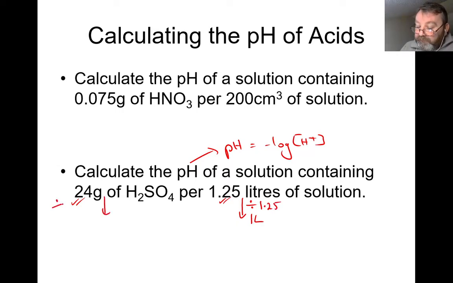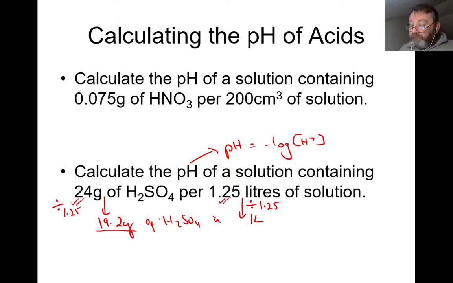Let's divide this by 1.25. So 24 divided by 1.25 comes out as 19.2. So there's 19.2 grams of H2SO4 in 1 litre. Okay, but I don't want grams per litre. I need moles per litre. So you're now going to divide 19.2 by the mass of H2SO4, which is 2 plus 32 plus 64, which is 98. So 19.2 divided by 98